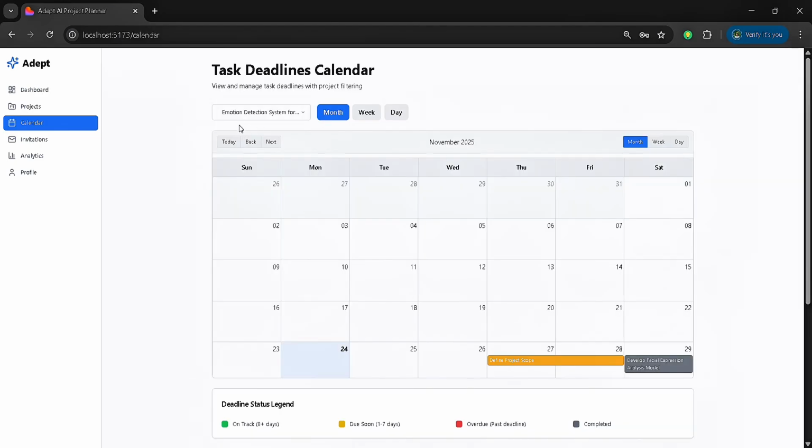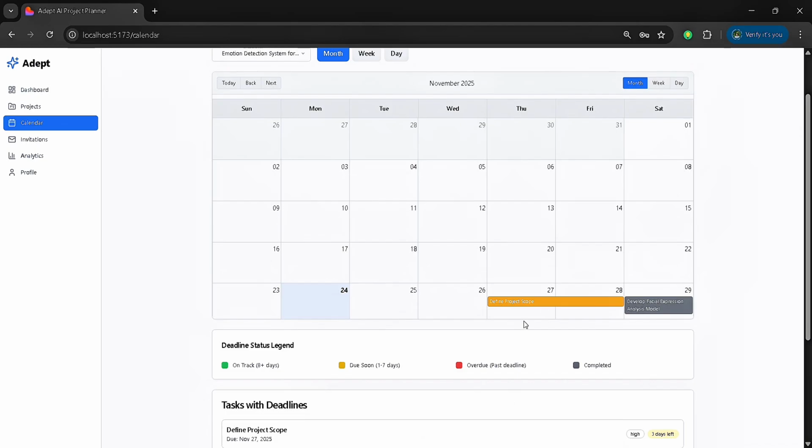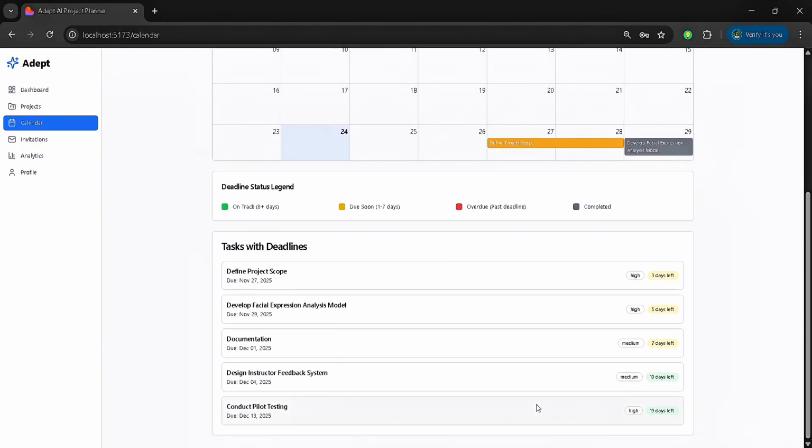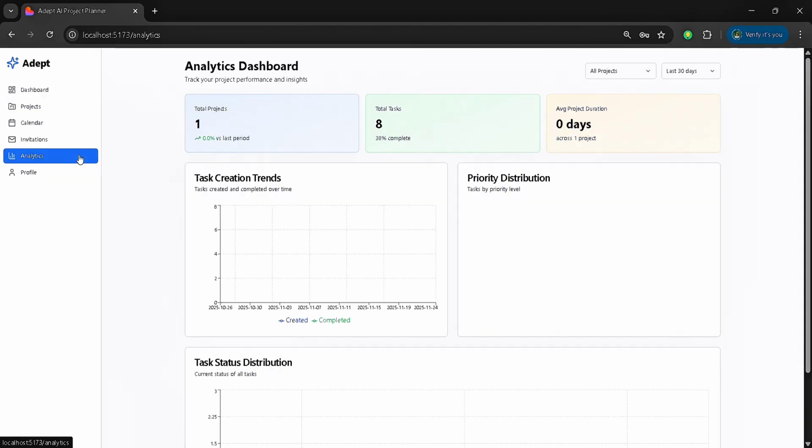If we see, we have an emotion detection work to be done. The deadline shown here is 29th, but it should be done by 27 or 28. But as we have put it as done, it shows here that it has been done already. And below we have tasks with deadlines, so we can see the first 3 projects have 3 or 7 days